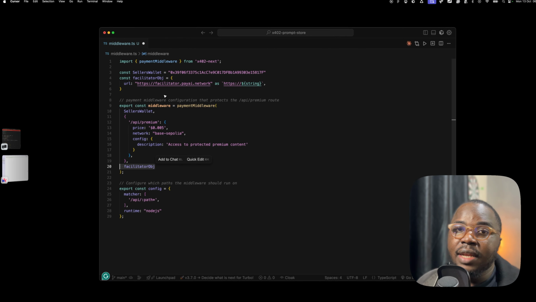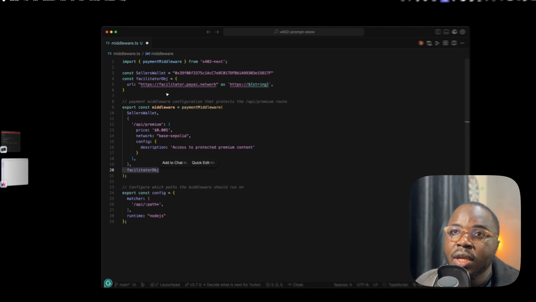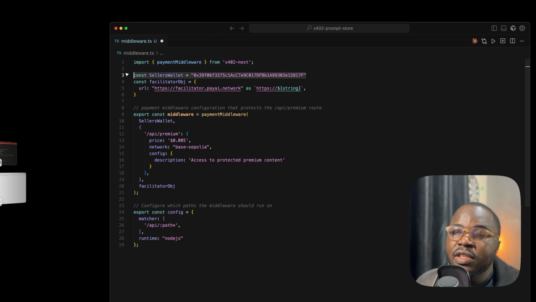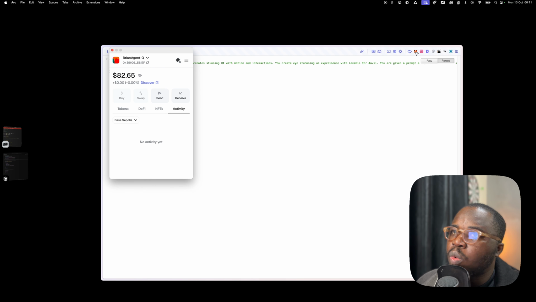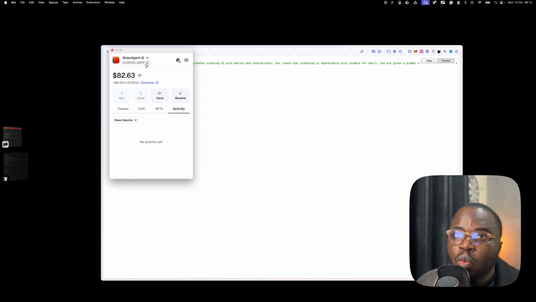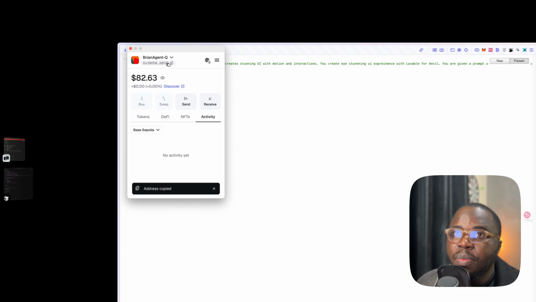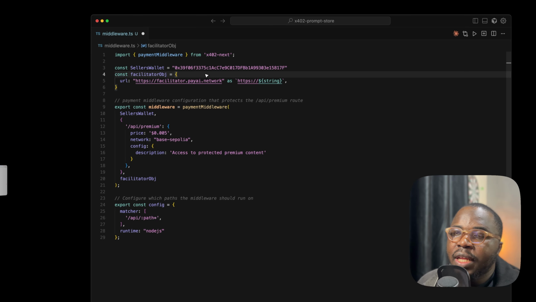So these are concepts in x402. The documentation, I'm going to leave it in the description of the video in case you want to learn more, right? But the way you get this is from your MetaMask wallet. You can, or wherever, just get a wallet that can actually receive the payment. Then I can just show you quickly. If you go to your browser and you open your MetaMask wallet, you can copy any of your addresses. So you just go here. All right, this is a wallet address that you can copy. I'm just going to copy this, and essentially that is what I pasted right here, right? Boom. And so that is how you can create a seller's wallet, which is the wallet that is going to